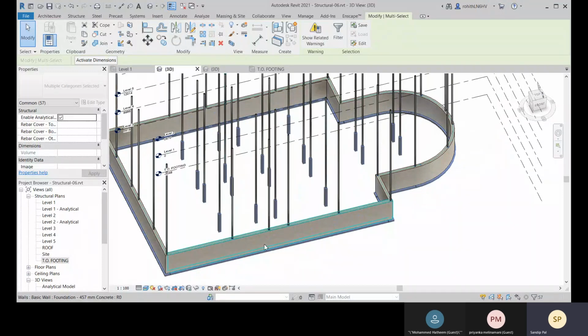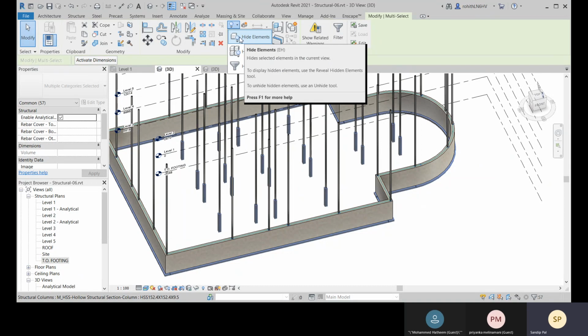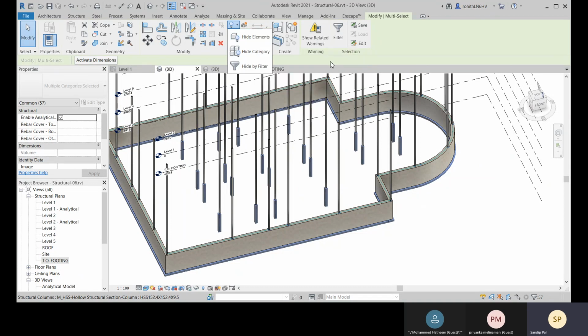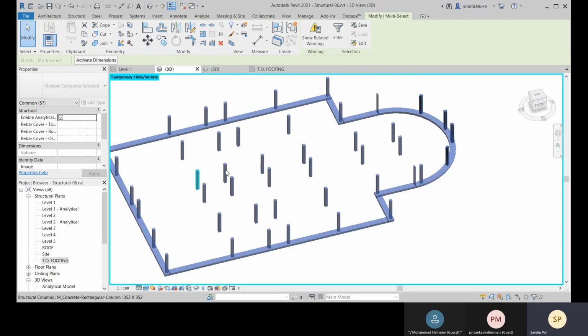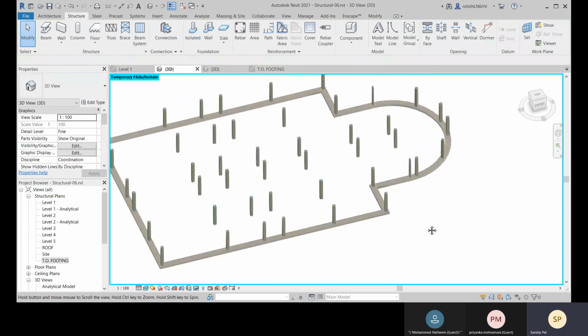And you can hide it from here, you can hide from here also. So this will permanently hide it. You can bring it back. Now you can also hide temporarily. So you go for this isolate element, so all the other elements will be hidden.